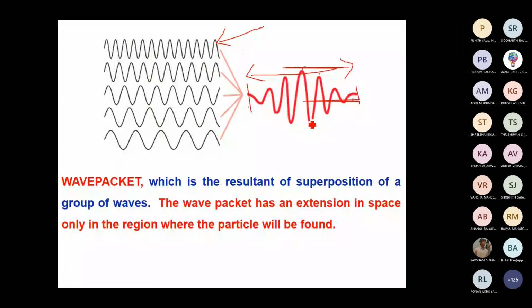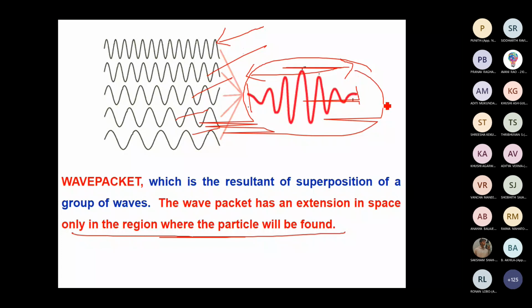Here there are two speeds which need to be explained, as I was mentioning: phase speed and group speed. The phase speed is the speed at which the individual waves in the wave packet are moving. Each wave will be moving with a different speed. The speed at which these individual waves are moving is called the phase speed. The speed at which the entire entity, that is the wave packet, is moving is called the group speed. So both are not the same. Phase speed and group speed are not the same. Group speed is nothing but the speed of the wave packet itself.